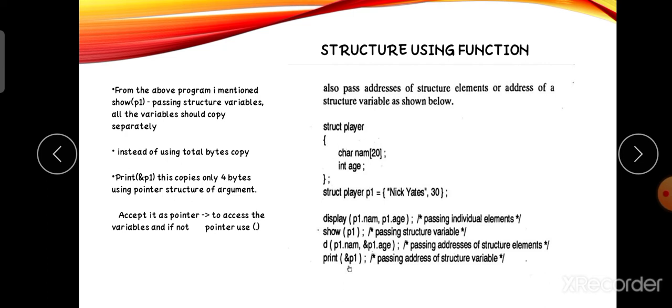The address p1 is a pointer variable, it occupies 4 bytes. The integer age occupies the address, so this is the address of age only. This is the normal function. This is the address, so the age address of the 4-byte int is passed here. Next one is